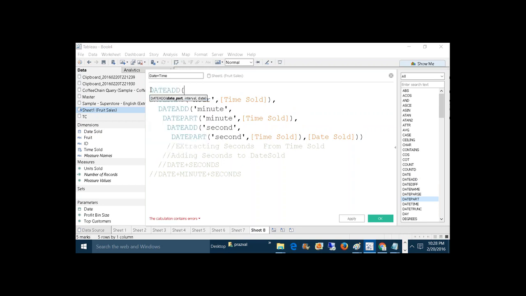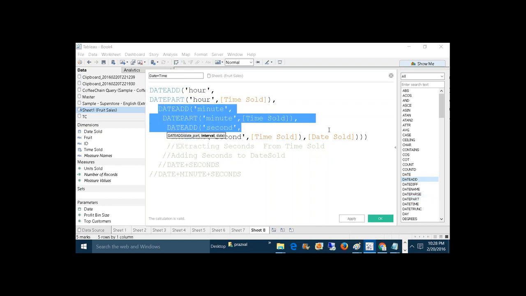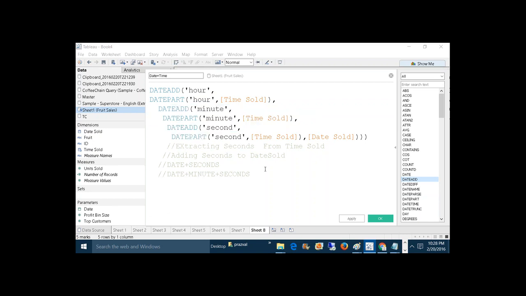I'm taking DATEADD of hour. So here I'm extracting the hour. After the hour extraction, I'm adding that hour to this complete date plus minute plus second. So finally this date is giving us